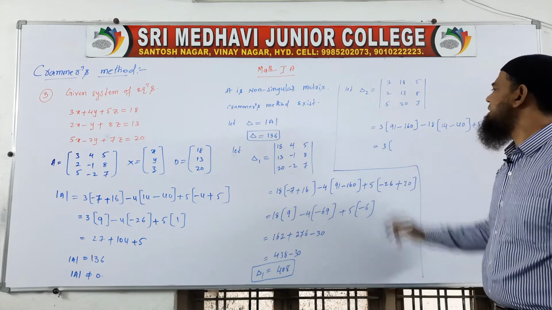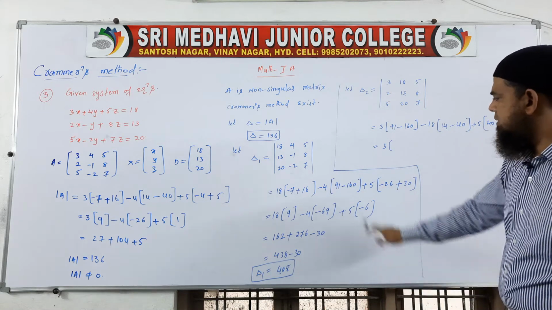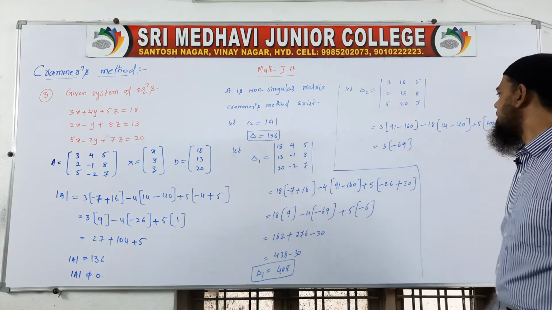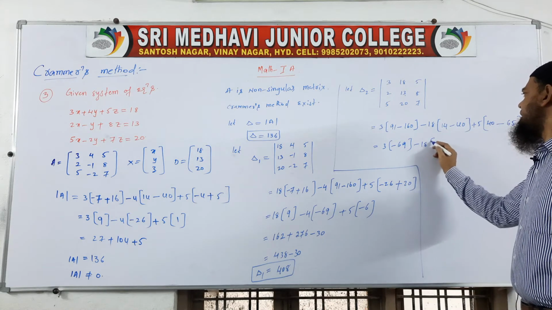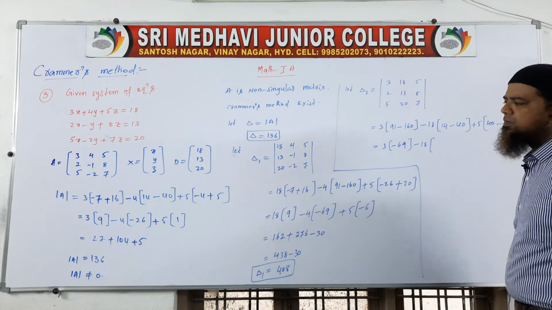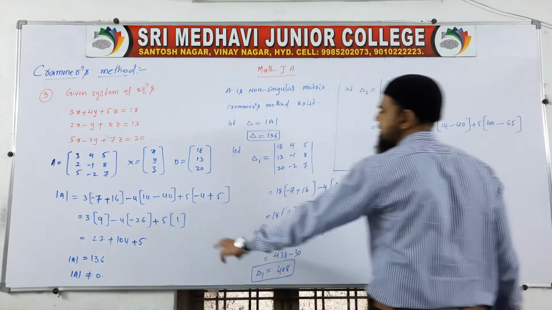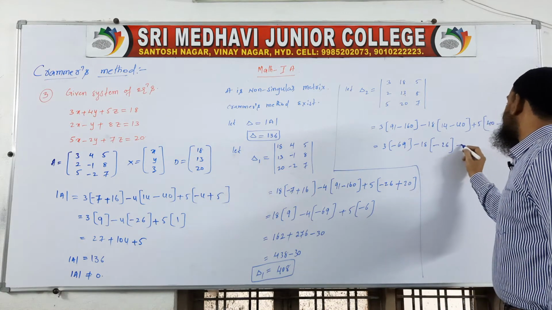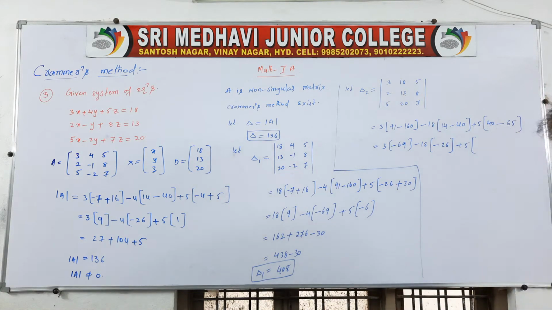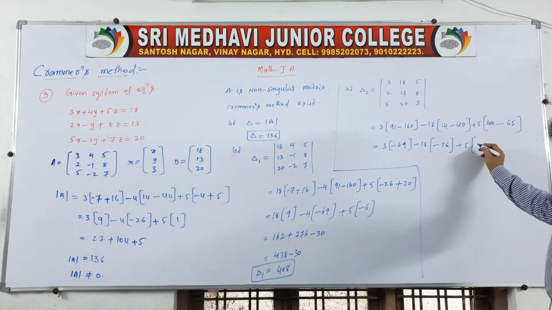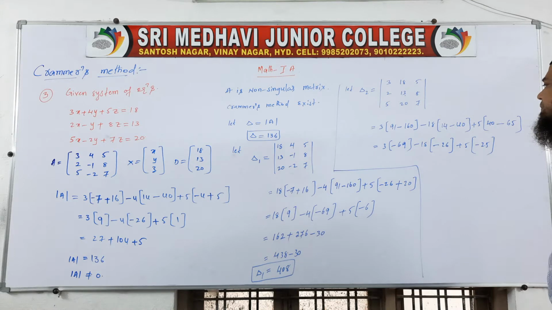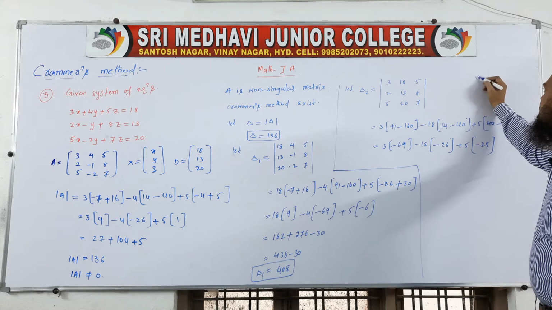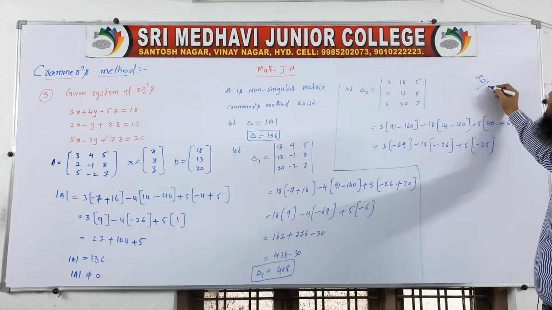3 into 160 minus 91. Here also see 160 minus 91. What you wrote? Minus 69. Minus 18 into 40 minus 14. Where we did this one? See, 40 minus 14, minus 26, plus 5 into 40 minus 65, means how much? Minus 25. Now multiply the numbers. 69 3s are, 3 6s are 180, 9 3s are 27, that is how much?